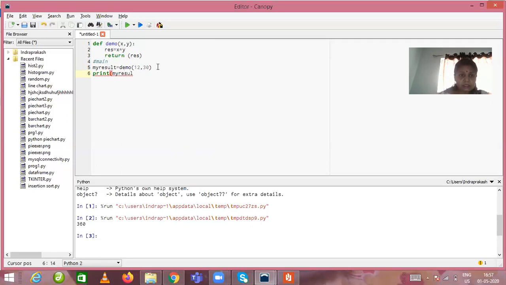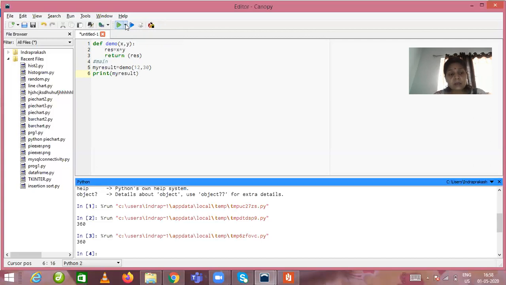My result. So this means whatever values are generated inside the function, those values can be accessed, or used, outside of the function also. Now, what is the value of the res variable? That value is copied to the variable my result, and we are displaying the result as my result, correct?